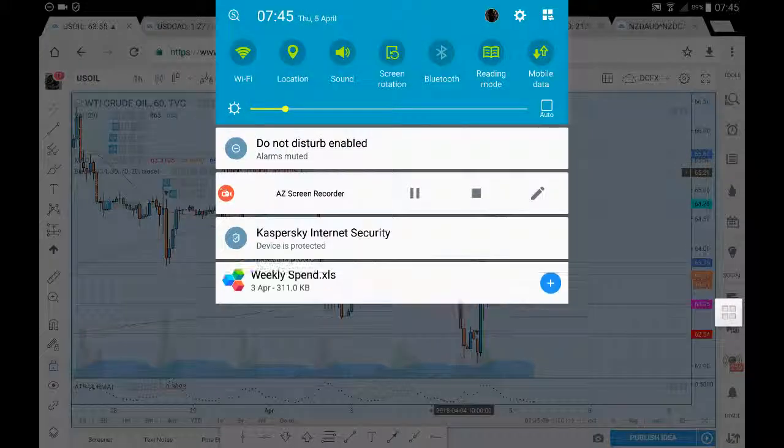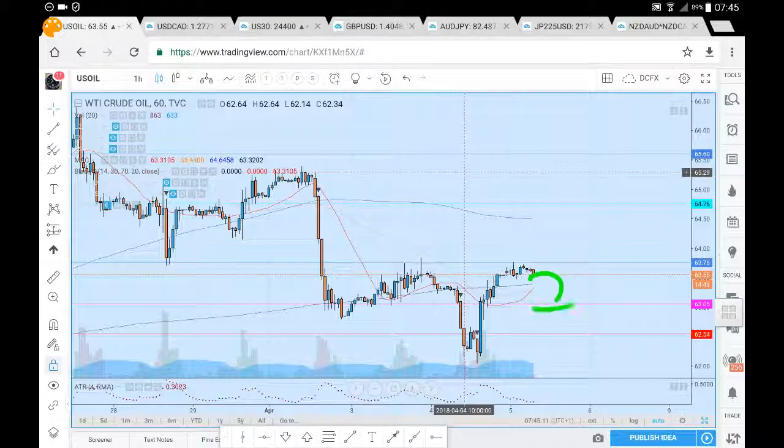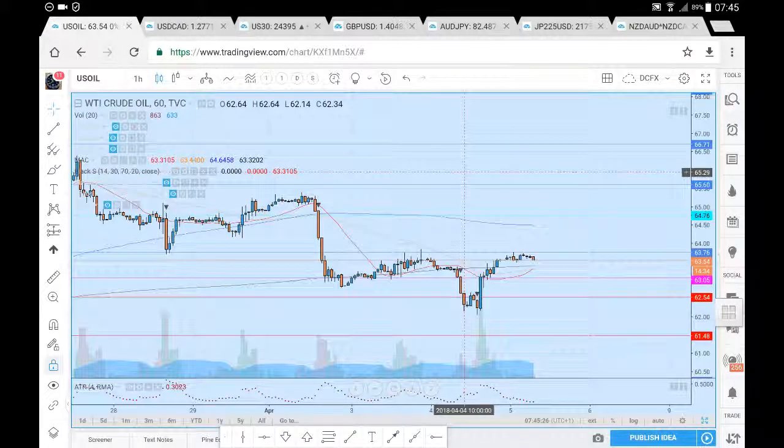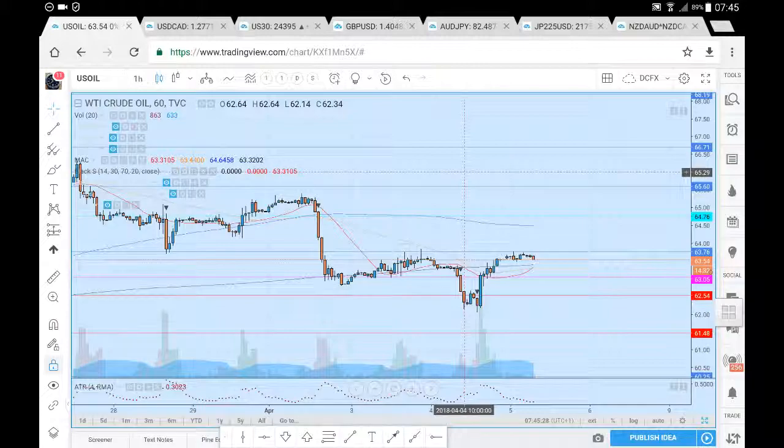63.05. A successful break from which we'll be looking at 62.54 again and 62, where we previously found support just there. And if we did break beyond the 62 level, the very next level that we are looking at here on the chart would be a move down towards that 61.48, which is possibly the far end of the range here,